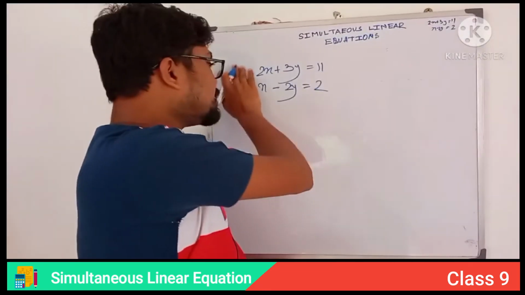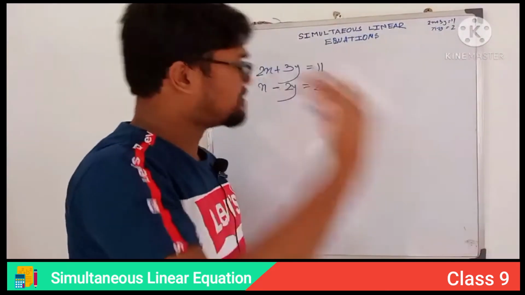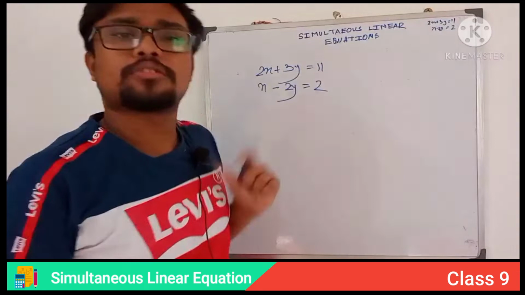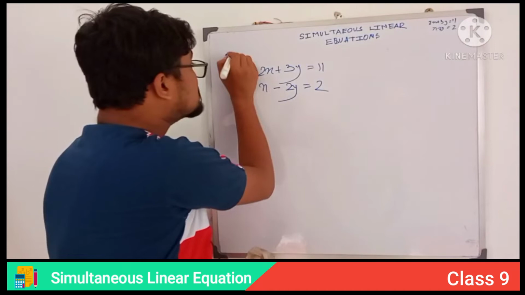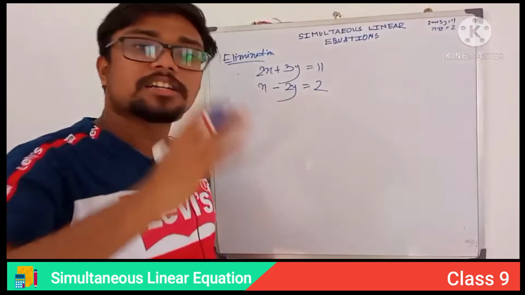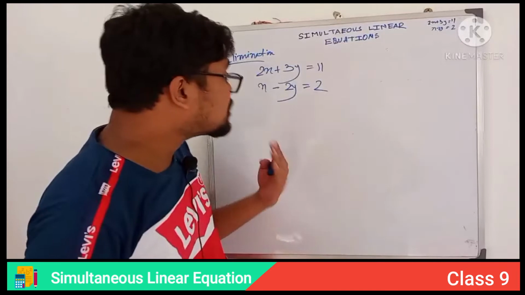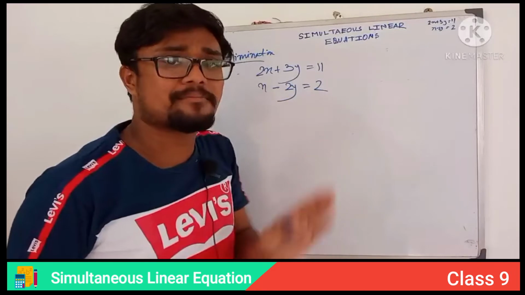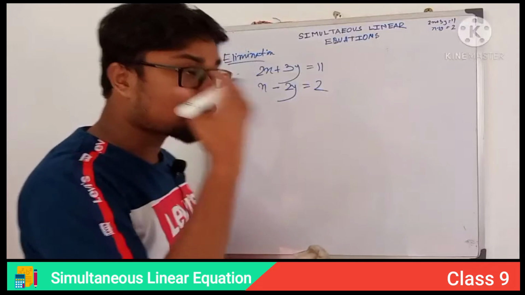In the substitution method, we used equation 1 to find a value of x or y, then substituted that x or y into another equation. Here we also get two equations. Elimination means to cut one or more variables. In these two equations, our motto is to cancel out one variable by multiplying both equations by something. I will show you how to do that.